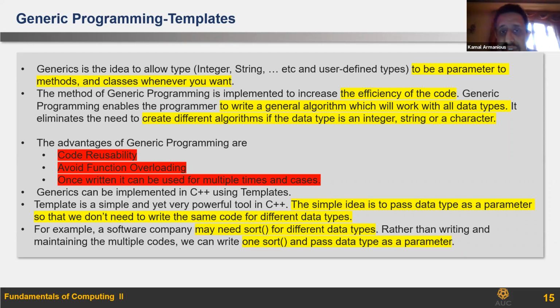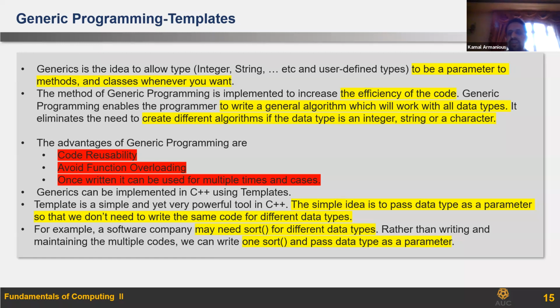So this is called reusability. This is number one. Number two, you avoid function overloading. What's function overloading? Two functions that have the same name doing almost the same thing, but with different parameters and data types. So you are avoiding function overloading. Okay, so you can reuse the class and you can avoid overloading.